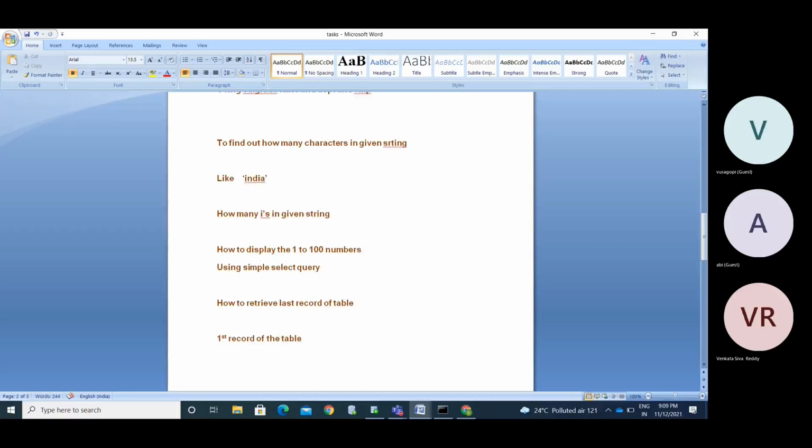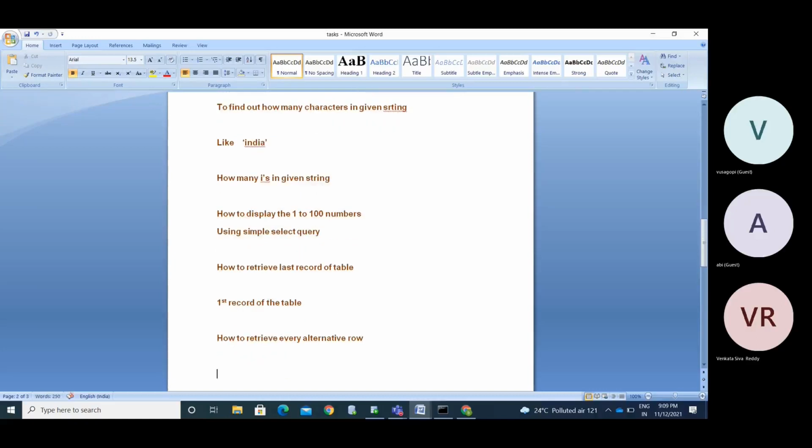How to retrieve every alternative row. This happens with the row ID.